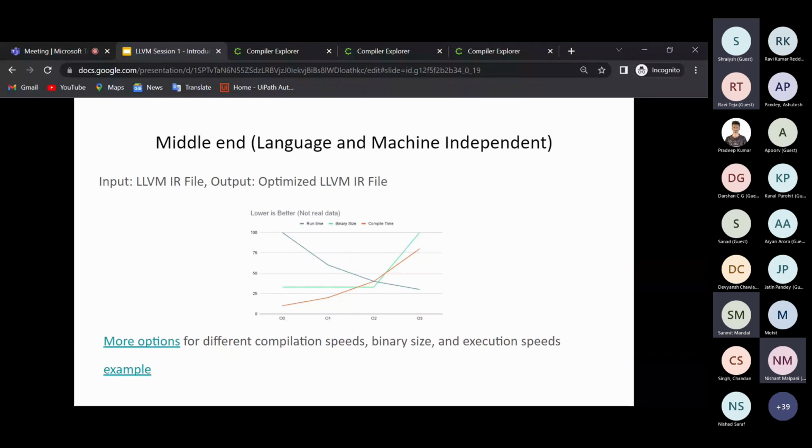As you increase the levels, the compilation time keeps on increasing. The binary size more or less stays the same because in O1 and O2 we tend not to increase binary size too much. It doesn't stay exactly the same as shown here, but it more or less stays the same. In O3, we want maximum performance and we do not care about binary size. That is what you get in O3. The compilation time is a little high. The binary size is high, but your performance is a little bit better than O2.